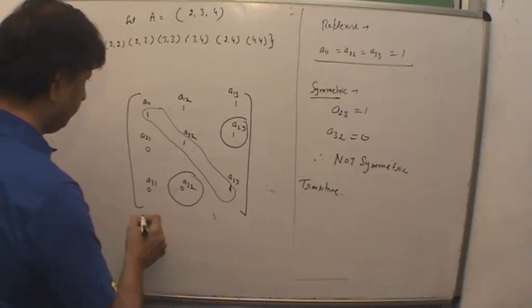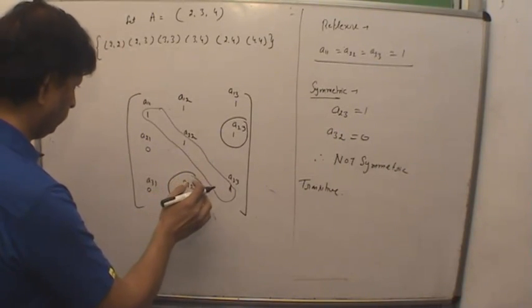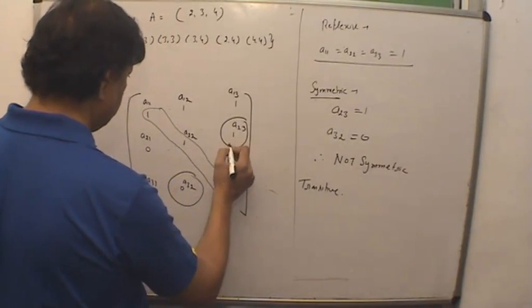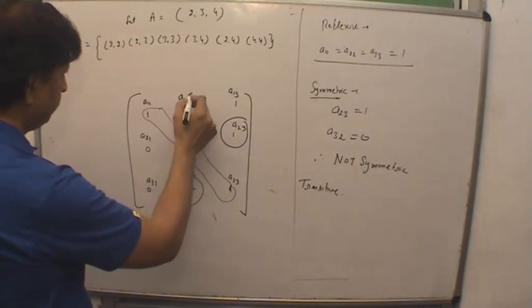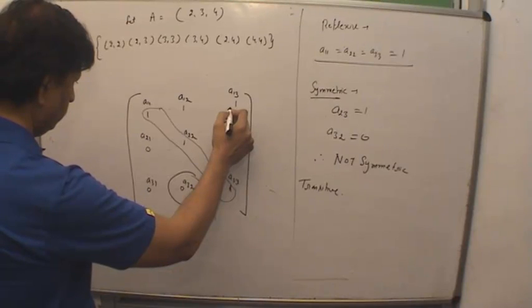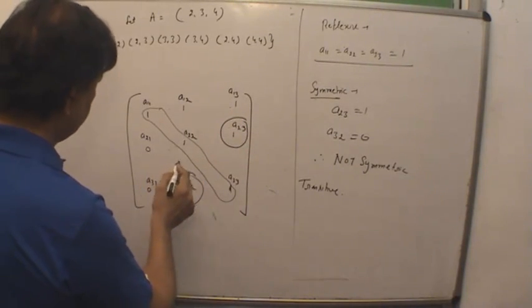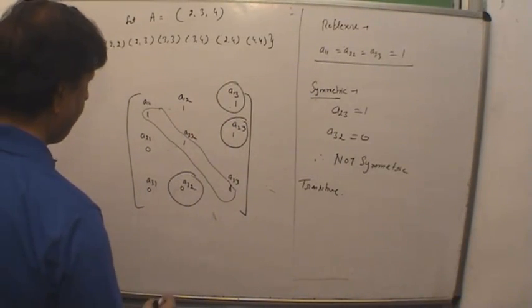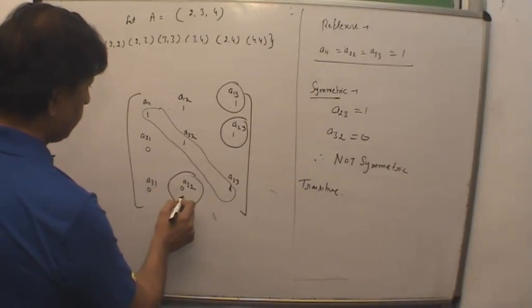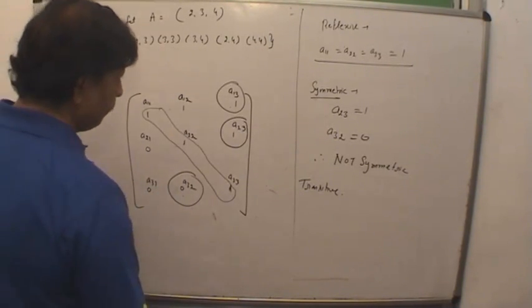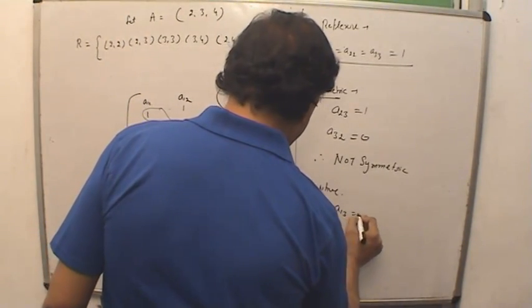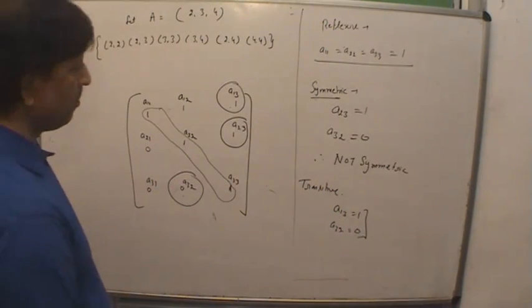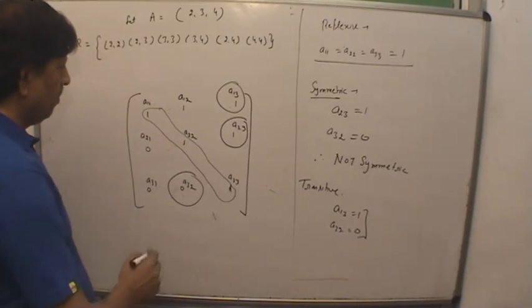Let us consider, say, A13 is equal to 1, A32 is equal to 0. It is not transitive. Or we can consider